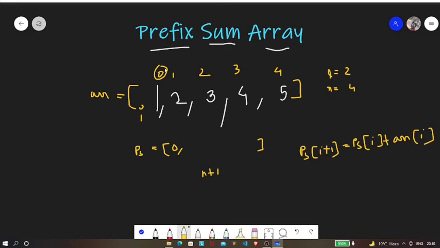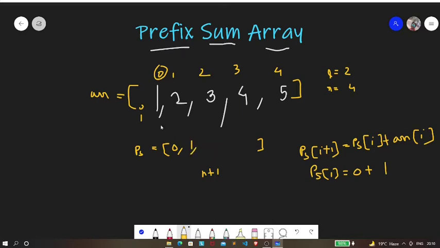Currently our I is at 0, so PS of I plus 1 will be nothing but PS of 1. PS of 1 will be PS of I, which is 0, plus ARR of I, which is 1. So we are going to store 1 to it.